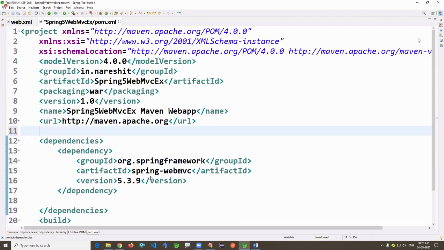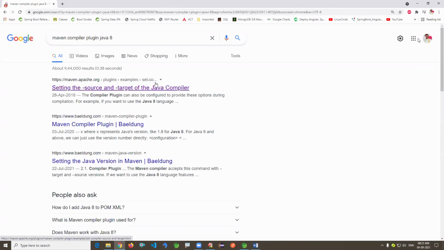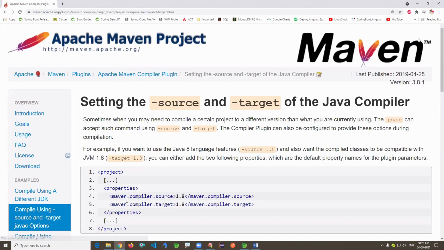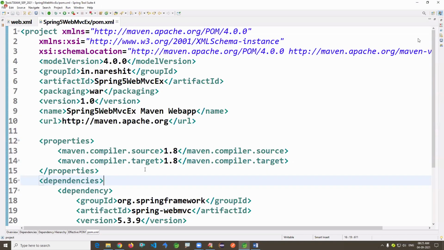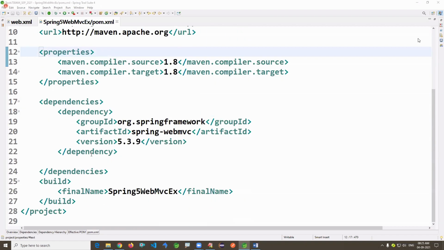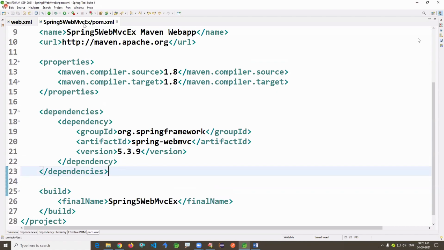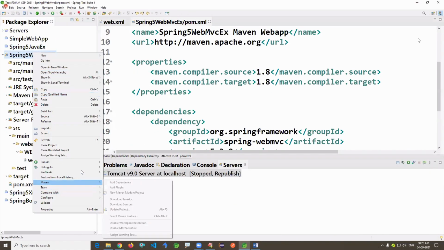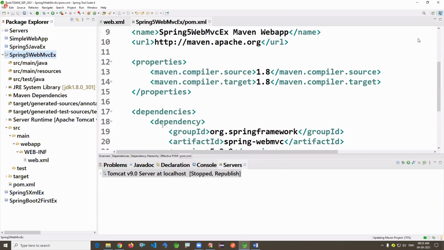And we need to mention properties. Maven compiler plugin, Java 8. Adding these properties. Okay, so just mention the same here. Update the project. Right click, Maven, Update Project. Force update. It's done.